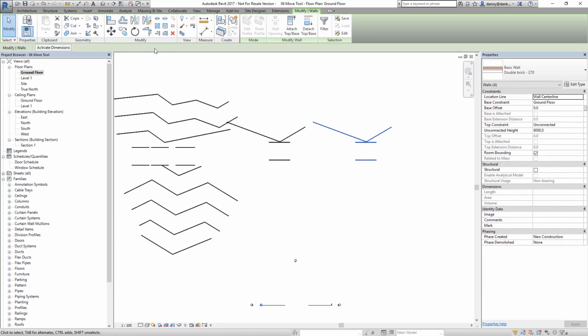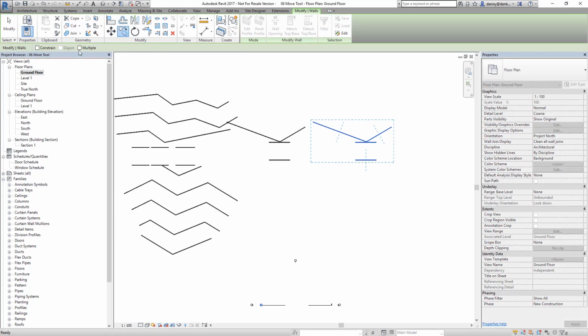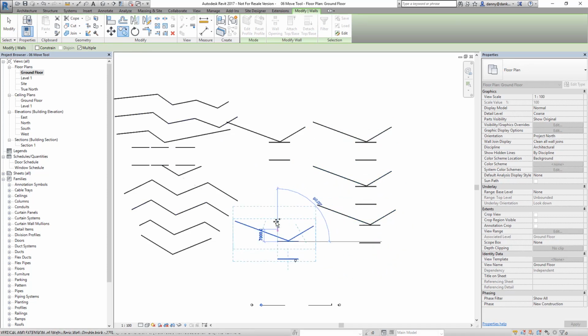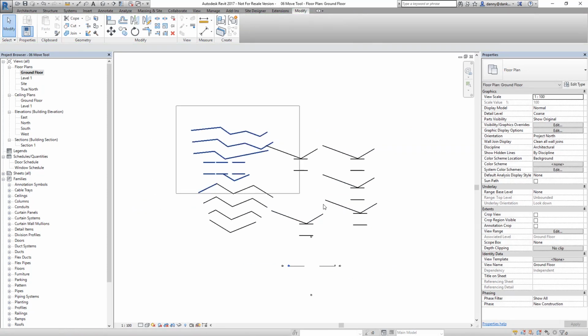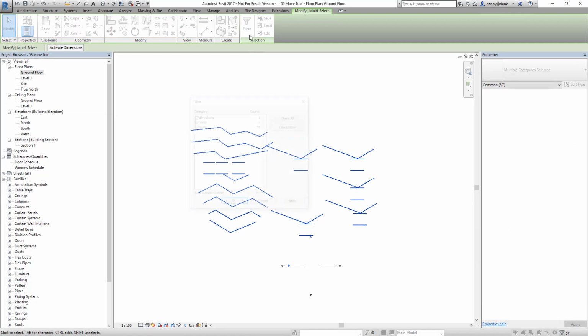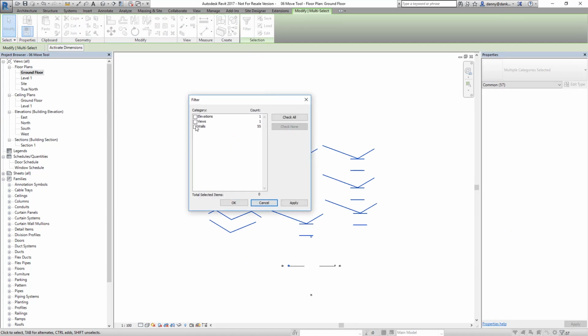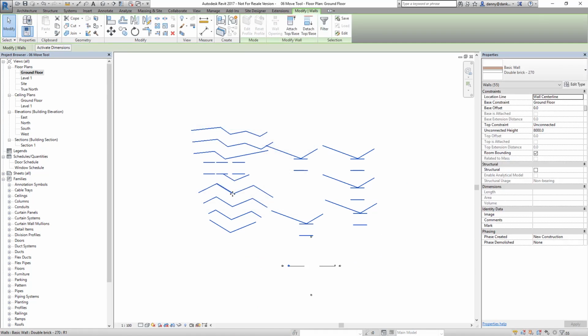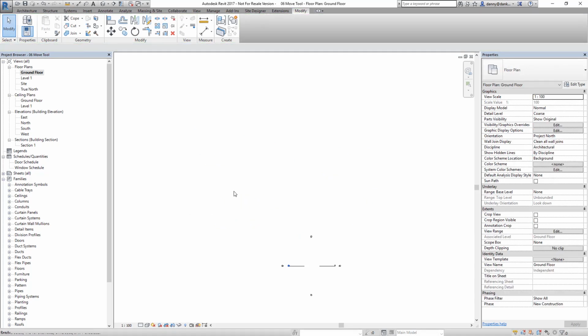I'm going to select my object first, now I'm going to click on copy, and now I'm going to select multiple. Now I can click 1, 2, 3, 4. I'm just going to get rid of these and just show you something that's kind of good. Clicked on walls and I'm hitting delete, so I'm just going to zoom in again